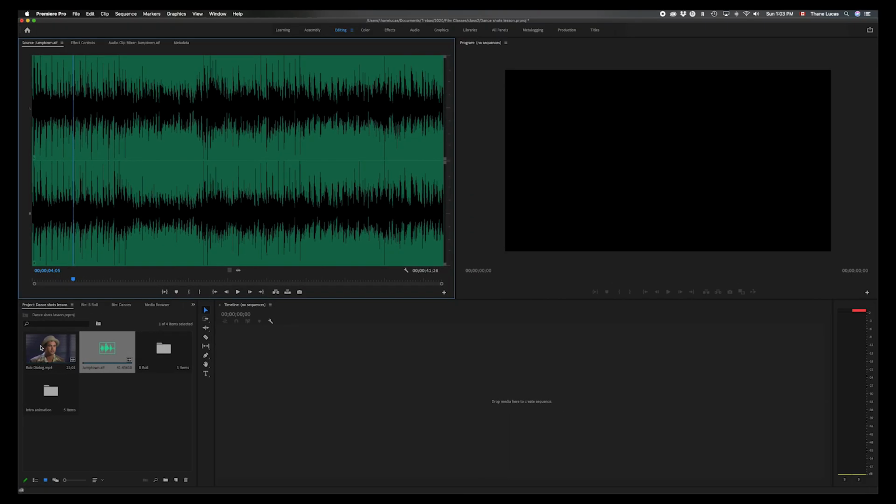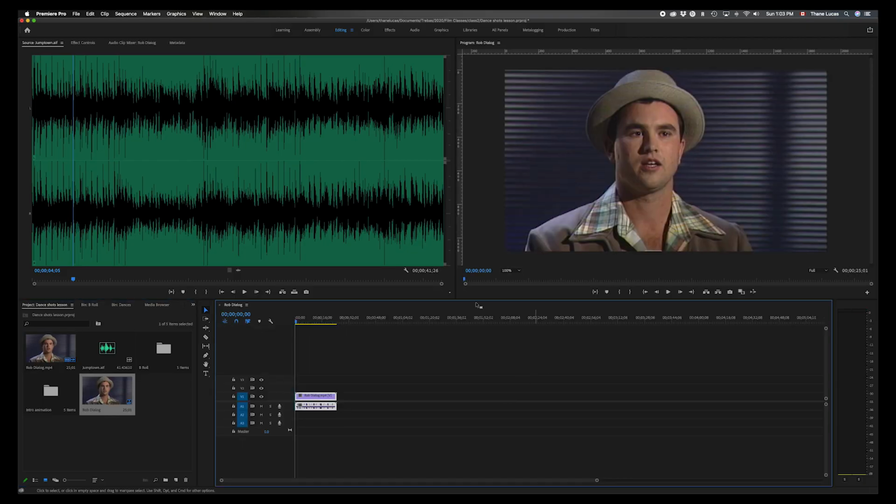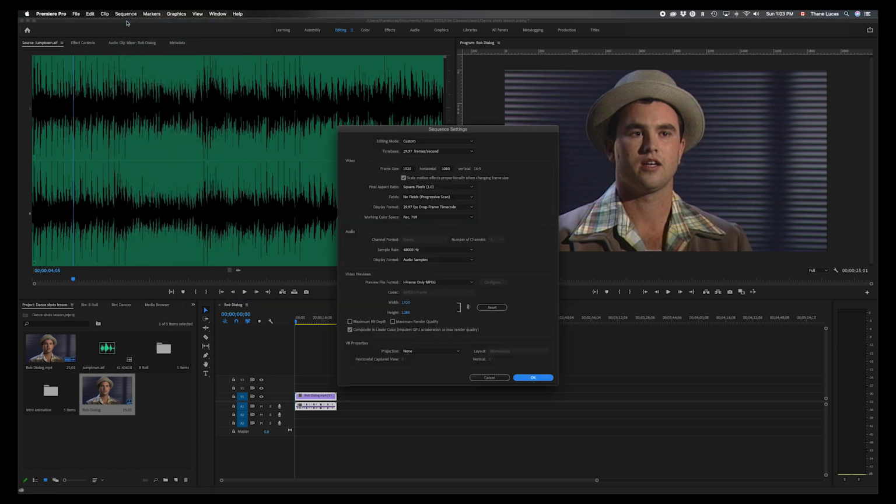Okay. So what I want, this is my main clip. This is what I want to base my timeline on. I have no sequence. If I take this and just drop it right there, it creates a sequence that matches my video settings. Okay, this is an HD file, and so now my timeline is an HD timeline. Okay, I can come up to sequence settings in my timeline, check the sequence settings, and you can see I have